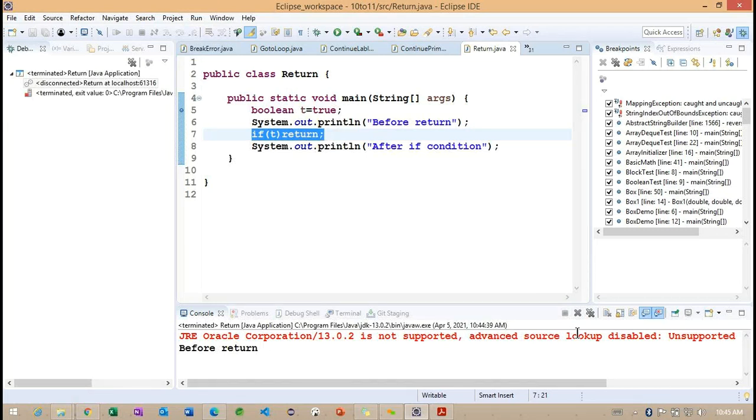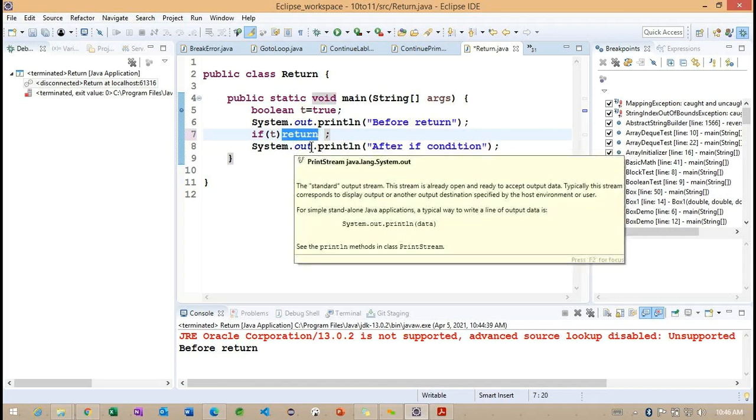So this is the behavior of return. If you are not returning any value, what happens internally? The application is going to terminate. This same return we are going to use in our upcoming classes at method level, and we'll observe how the return statement works there. There is some difference between this return and the method level return.